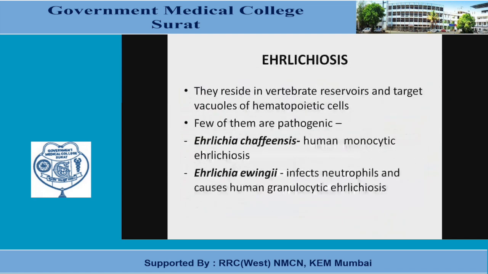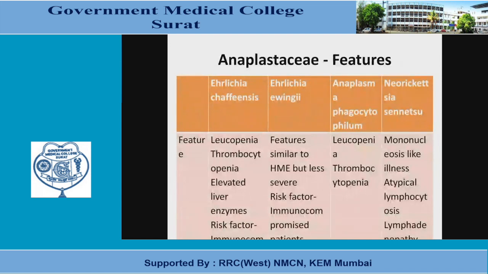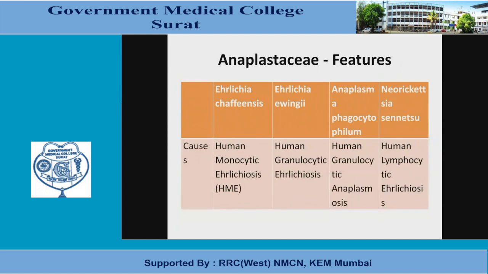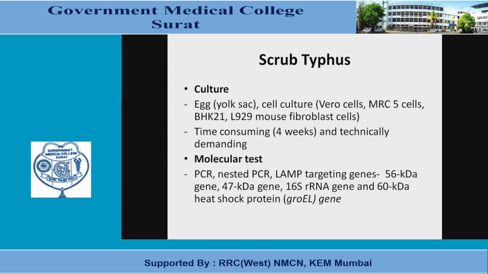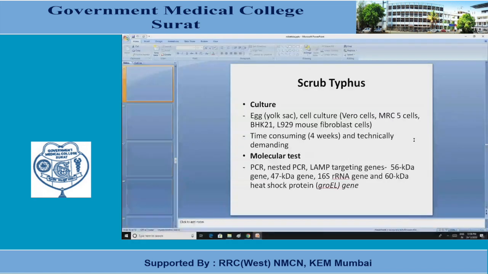Ehrlichiosis, Ehrlichia chaffeensis and Ewingii are responsible for HME and HGE. Scrub typhus is caused by Orientia tsutsugamushi. So this completes your